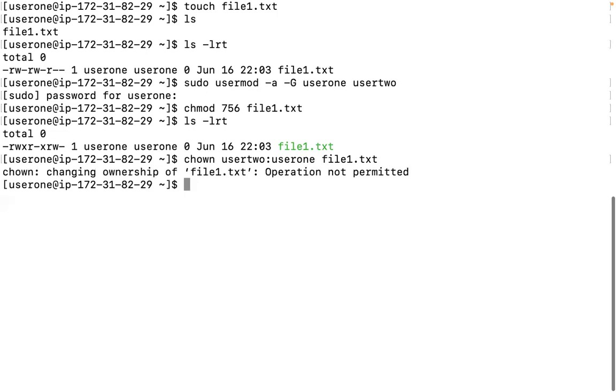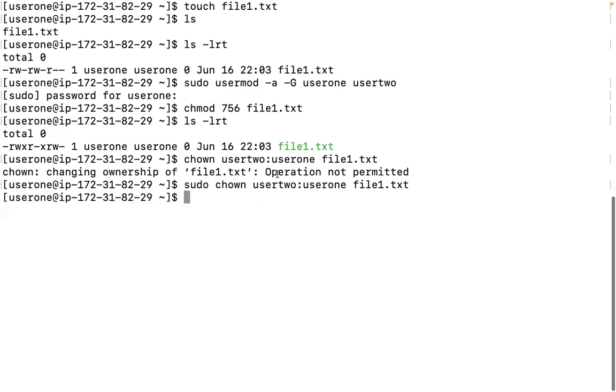File1.txt. And let's see. The changing ownership operation is not permitted because you have to be a root user to change the file permissions. So to become a root user, I would just use sudo, super user do,